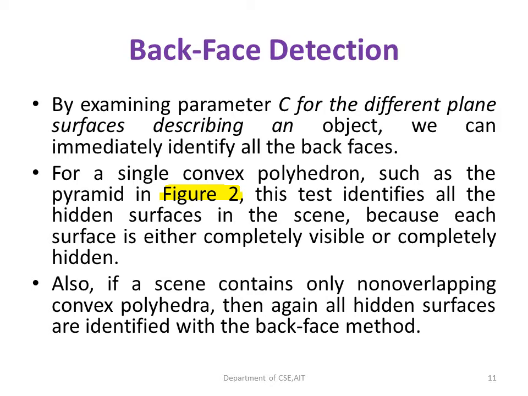One more thing we have to observe is that we can calculate only for non-overlapping convex polyhedra. We can't have the planes overlapping one on the other. Then it is very difficult to identify which is the front face or the back face. And of course the polygon should be a convex polygon. Only then can we go for these hidden surface algorithms. Or else we cannot apply the back face method, and it will be a failure. So it should be non-overlapping convex polyhedra only.